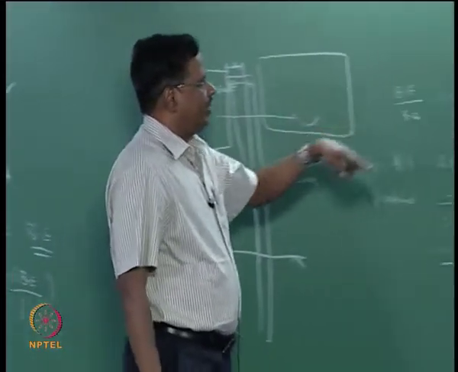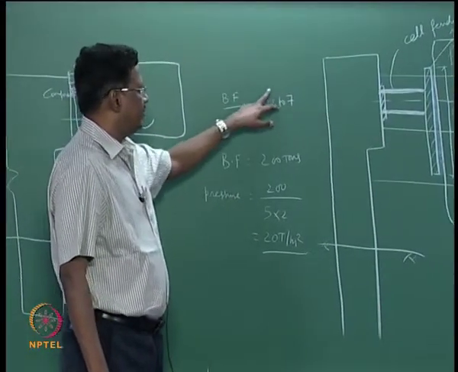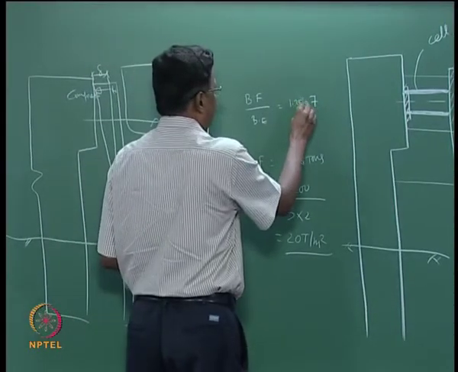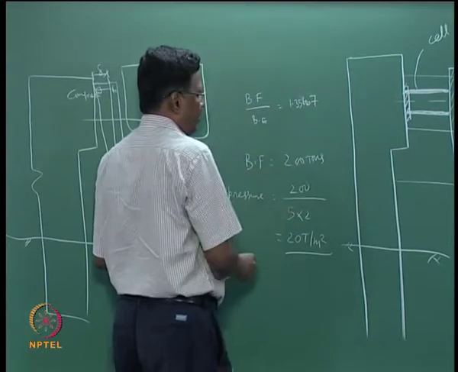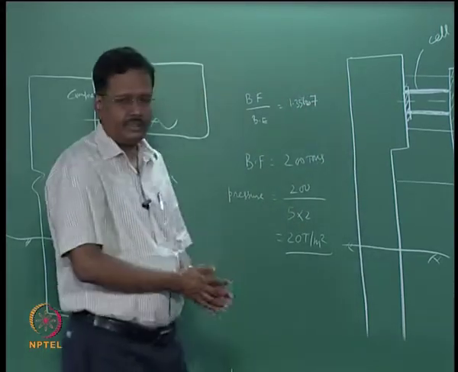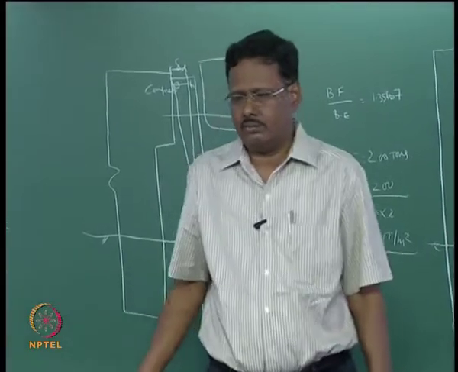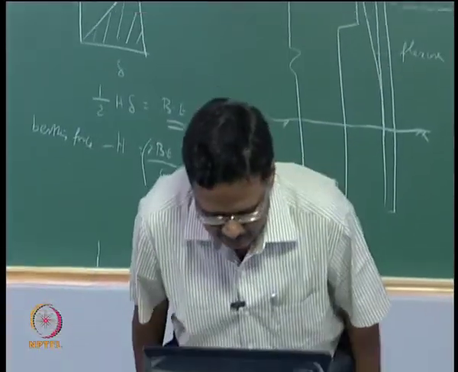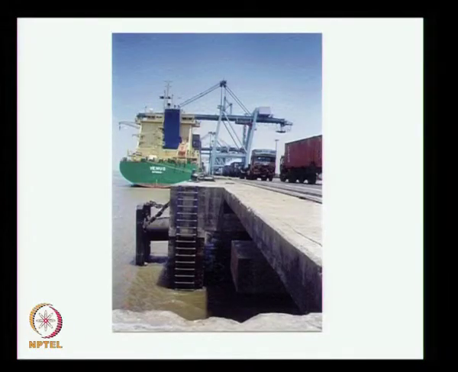But for a soft fender the berthing force to berthing energy ratio will be somewhere around 1.3, 1.35 or 1.32; we will take 1.35. So once you calculate from this, we can get the berthing force. This is one of the important components of berthing. If you do not design the fender properly, there is damage to the structure or damage to the vessel, and it will be catastrophic. So this design is required, and we have a ladder here. This is also one of the components which you have to design, and there is a bollard here, and you have a chain also here